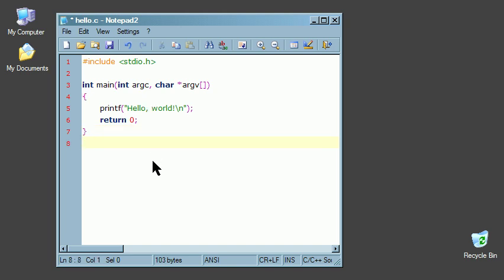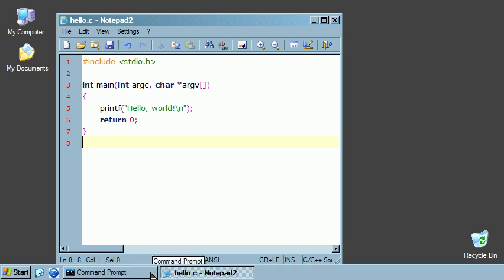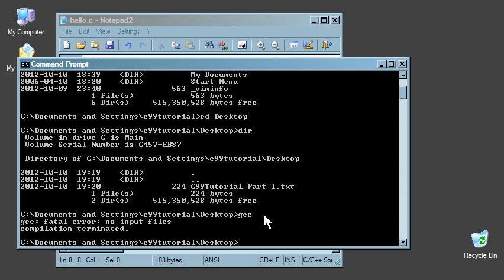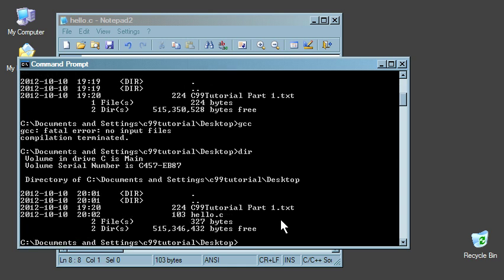Okay, so if I haven't made any mistake, then we should be able to compile and run this program. So let's try it. Go back to your command prompt. Now if we type the command dir again, we'll see a new file here. By the way, when you're typing commands on the command prompt, one trick that saves a lot of time: I'm going to type gcc, and now I don't need to type the entire file name, I just need to type part of it, for example H, and then press the tab key, and the command window will fill in the rest for you. So press enter,